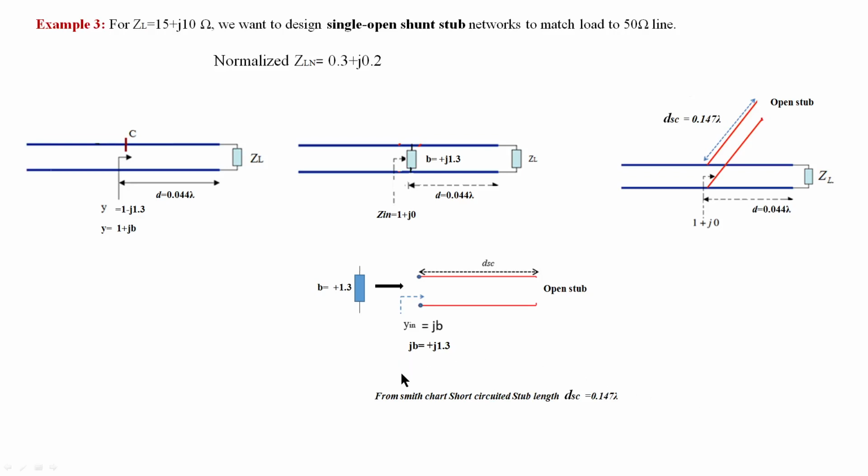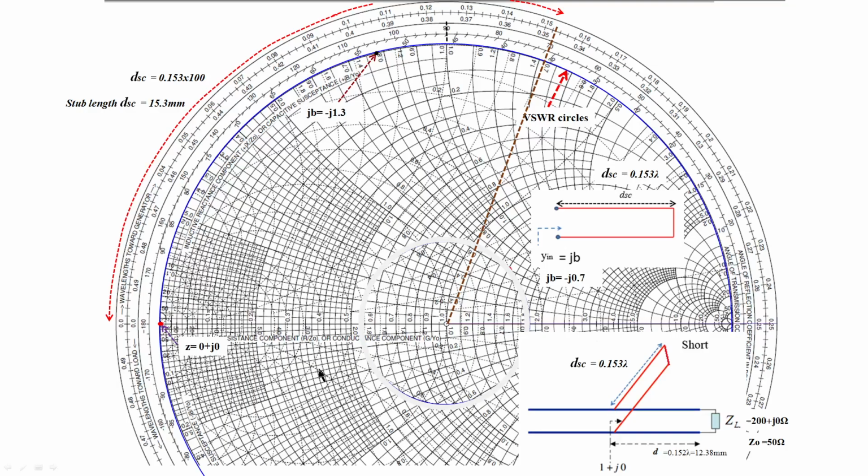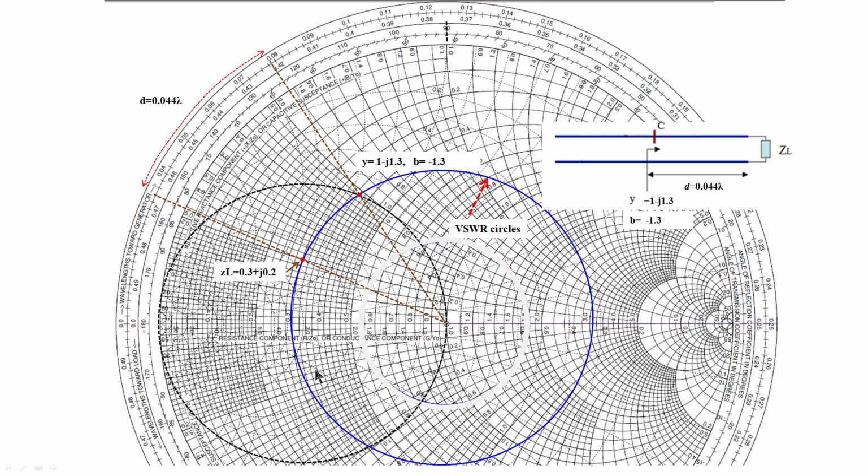Wherever you find it, we can do it like this. In your examination also we usually ask for the shunt stub. Shunt stub means from the load go on moving. Wherever our VSWR circle intersects the first time, you take that. The second time also we can implement, but the shortest distance is always better. From the load point you move, whenever it cuts the G equals 1 circle the first time, it is cutting here first. You can get a second time also.